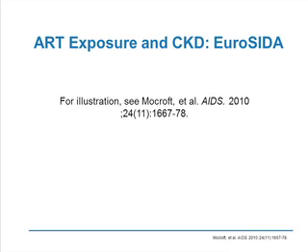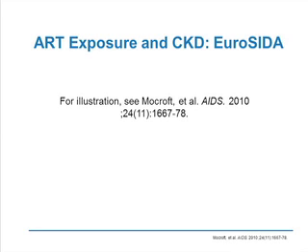This slide shows the relative risk of developing a GFR below 60 based on the antiretroviral regimen. And you can see that tenofovir, indinavir, atazanavir, and lopinavir all are associated with an increased risk of developing low